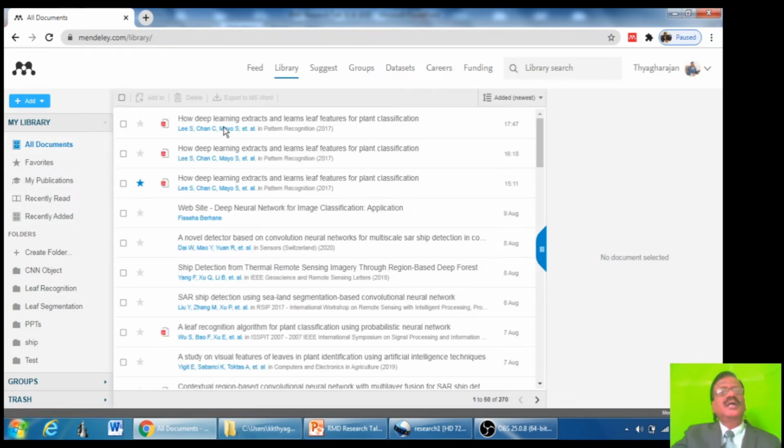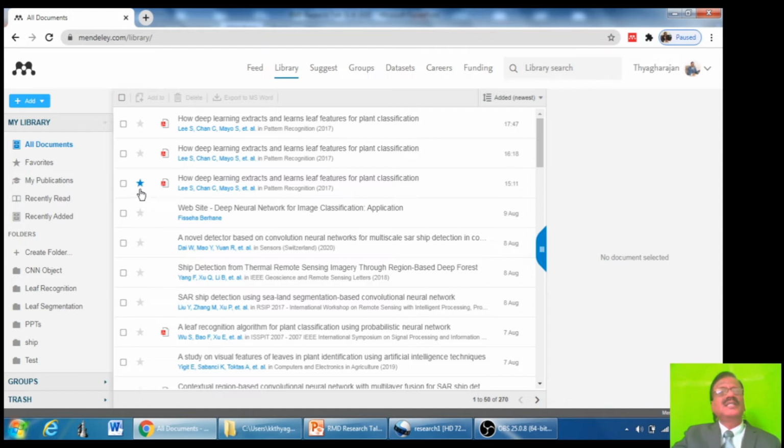Now all the PDF files you have stored in Mendeley will appear here, and all your publications will be available here. All the things will be merged together and provided here. Then if you have clicked on this star, it means it is your favorite file, that is, a favorite paper.